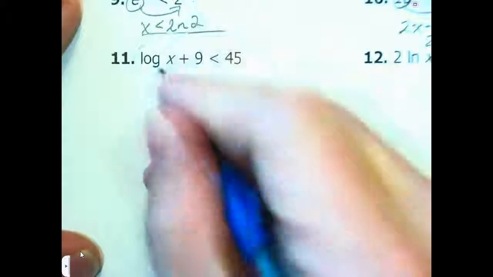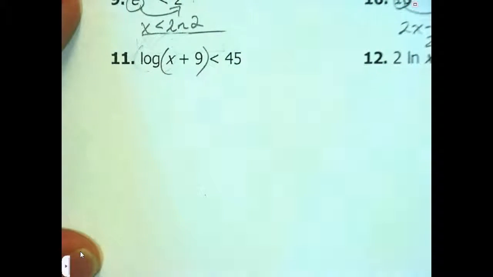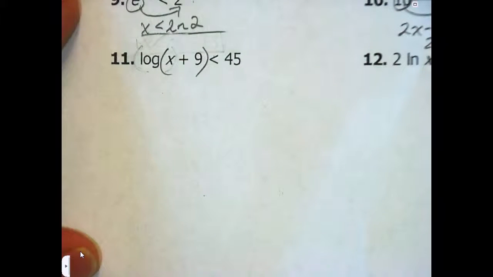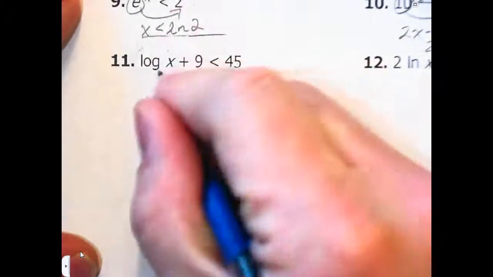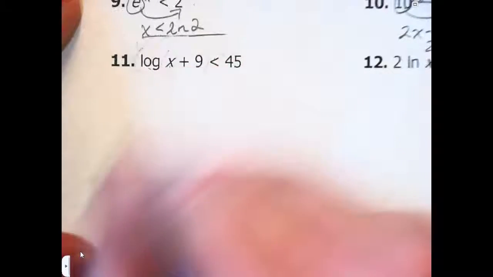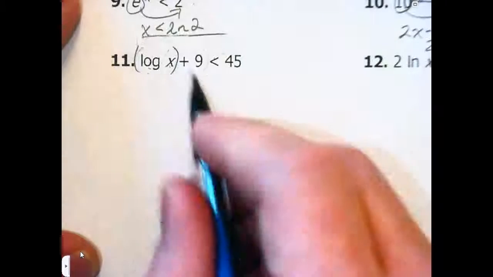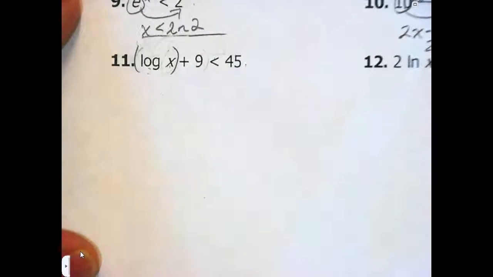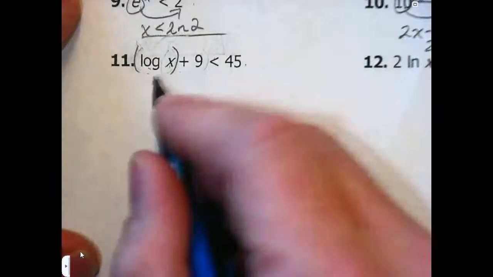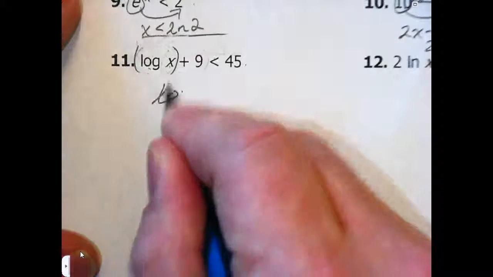It is not log of x plus 9. In order for that to be the case, you'd have to have parentheses like that. If you don't see parentheses, then you are just taking the log of the immediate number after, or letter. So I'm going to put parentheses just so I see, well, that just means I subtract 9. So that means log x